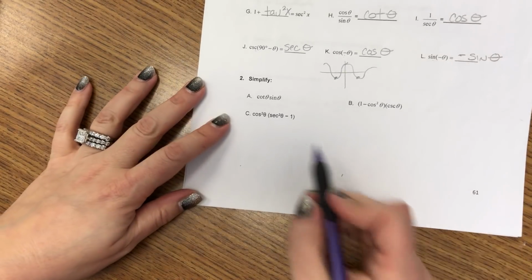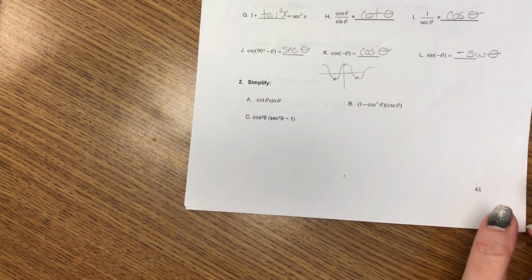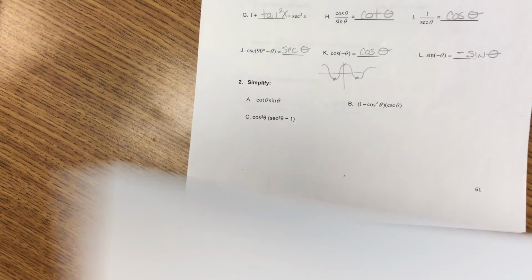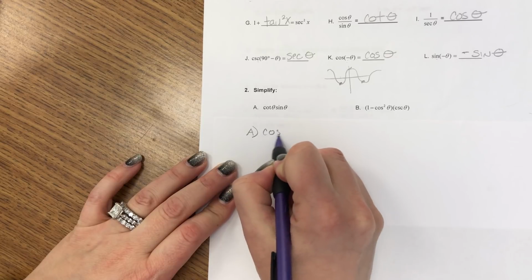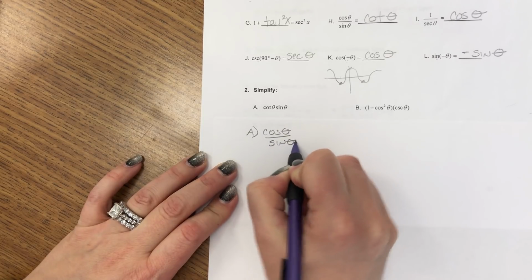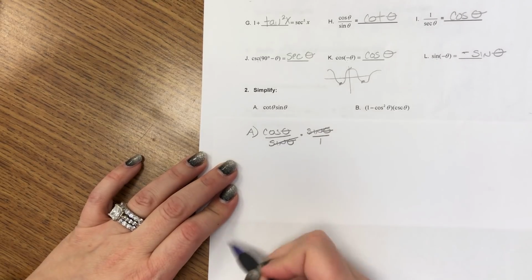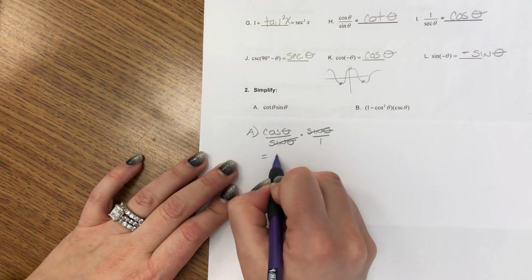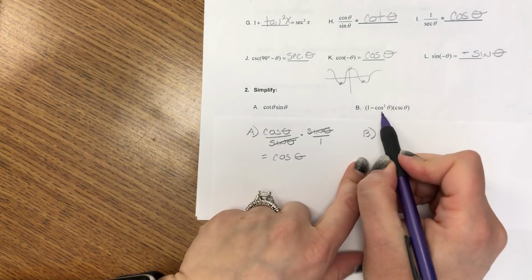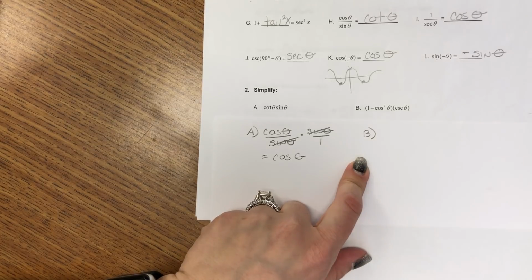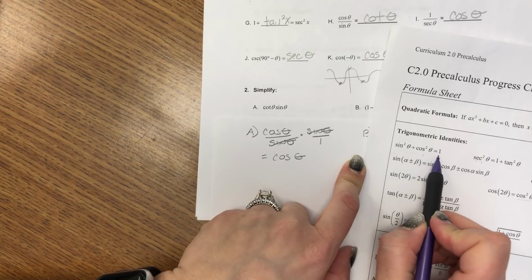Okay, number 2, let's do some identities to simplify. Of course, I don't have enough space there. So let's do A. I'm going to change cotangent to cosine over sine. And then times sine, but I put over 1 to show that those line up, and our answer is cosine of theta. For B, 1 minus cosine squared, if I look at the manipulation of my Pythagorean identity,